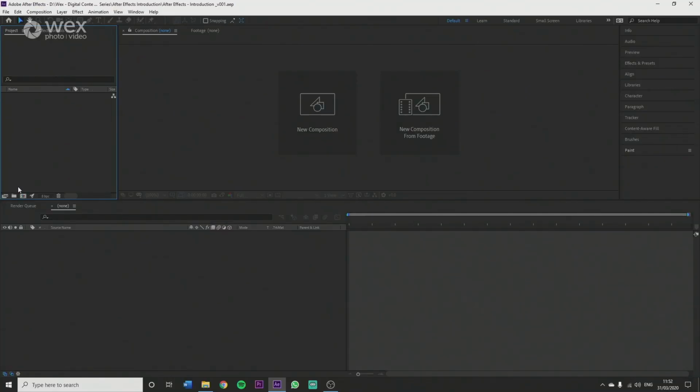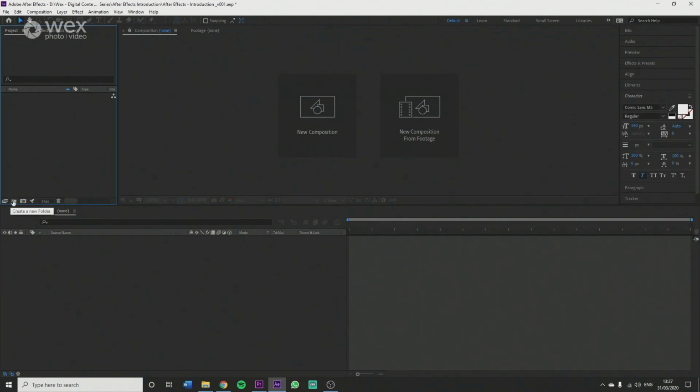So what I always do first, so in project, this is where all your folders and all of your assets are going to be located. If you're working at a production company or you're just working in a company and you're going to be using these files all the time, or somebody else might want to make use of this, then making a nice folder structure is a really good way to make it accessible for anyone else who would like to pick it up and start using it. If we just click this little create new folder icon here, make a new folder,